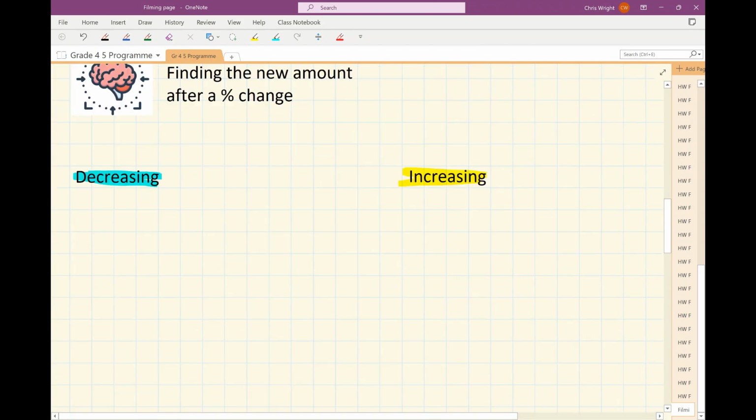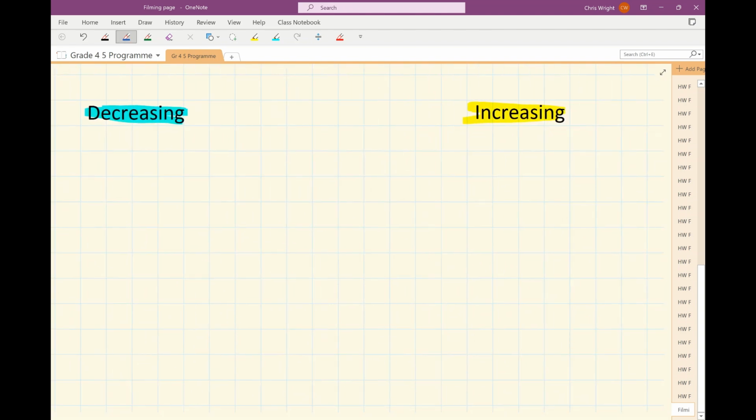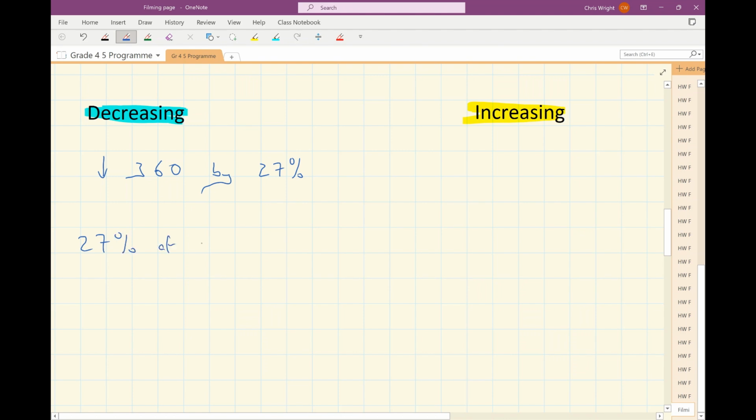But let's have a look at decreasing first, and let's have a look at the two-step method before we have a look at the one-step method. Let's imagine that we had to decrease 360 by 27%. Now, common sense would dictate that you would find 27% of 360 and then subtract it away. Well, 27% of 360 is 0.27 times 360, which is, on my calculator, 97.2. And so then I could do 360 minus 97.2